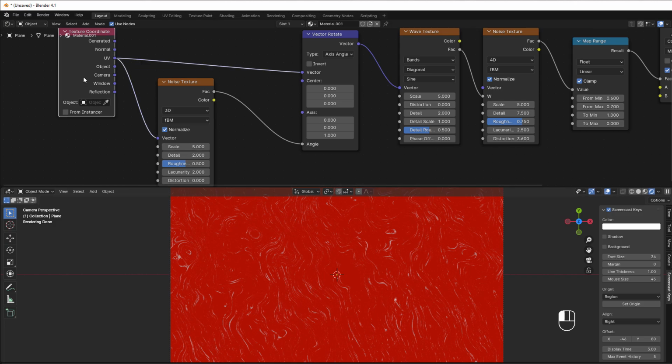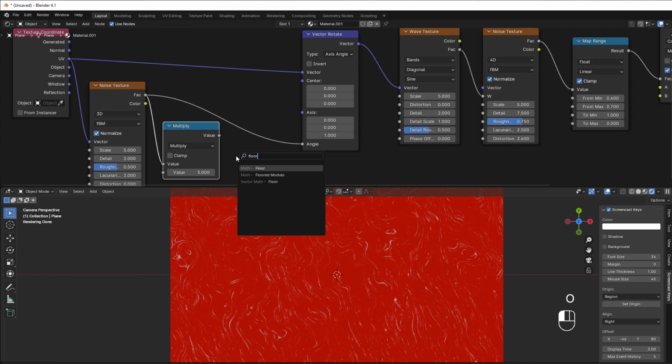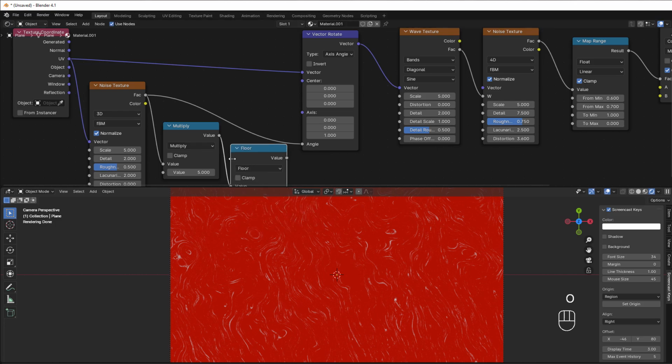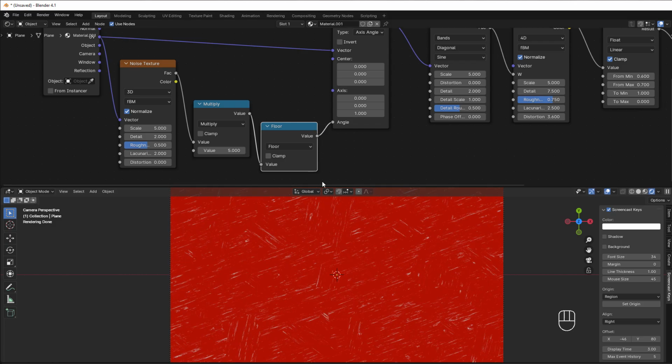So to fix that, we add a multiply here, so we get a bit higher number to work with, and we put that to like 5 or something like that. And then we put the floor here, because the floor takes away all the decimals, and then we only get like 0, 1, 2, 3, 4 instead of all these decimals, and that means that we can get straight lines if we just put that into the angle here. And now you can see, now we have straight